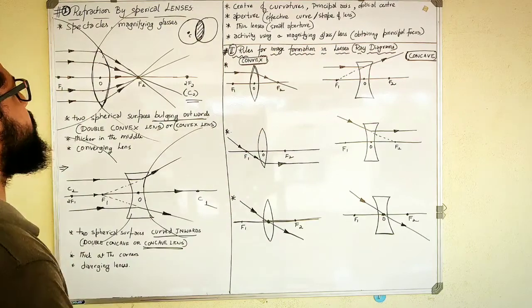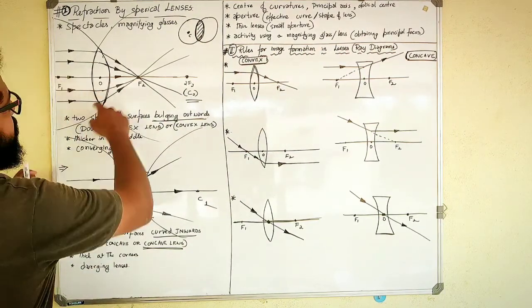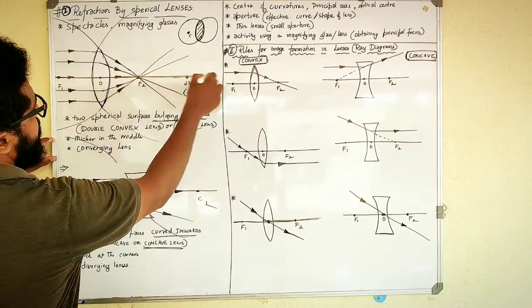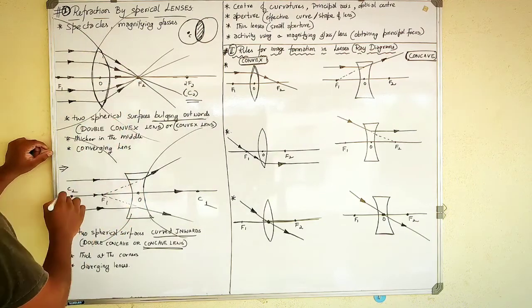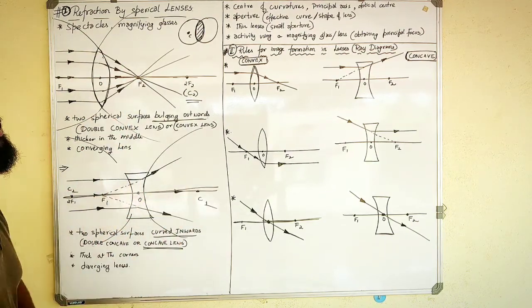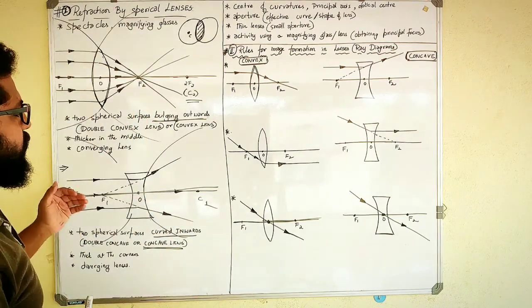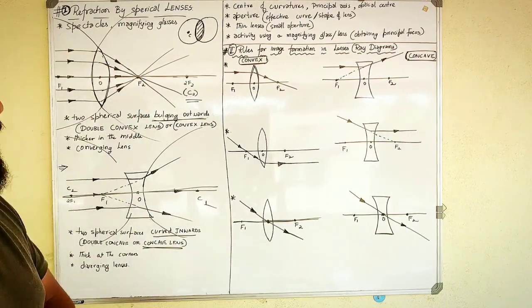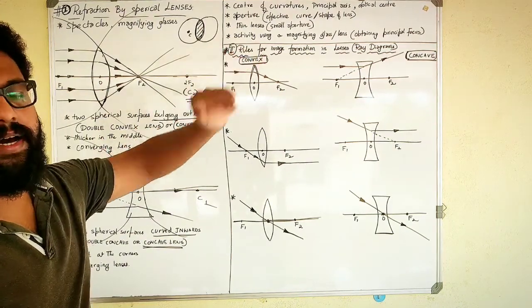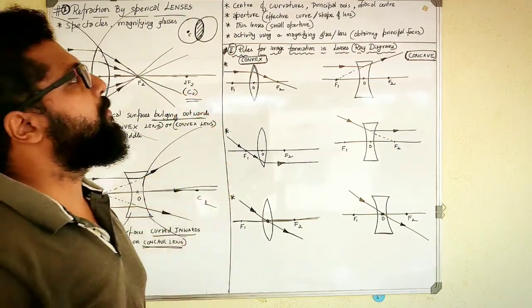And next thing is about the principal axis, which you have studied in the mirror as well, and it is the same thing once again. There is a line which passes exactly at the center of the lens, and these lines are called principal axis. Okay, there is only one principal axis in which all the centers of curvature and the other points which are yet to be defined are lying, is called principal axis.